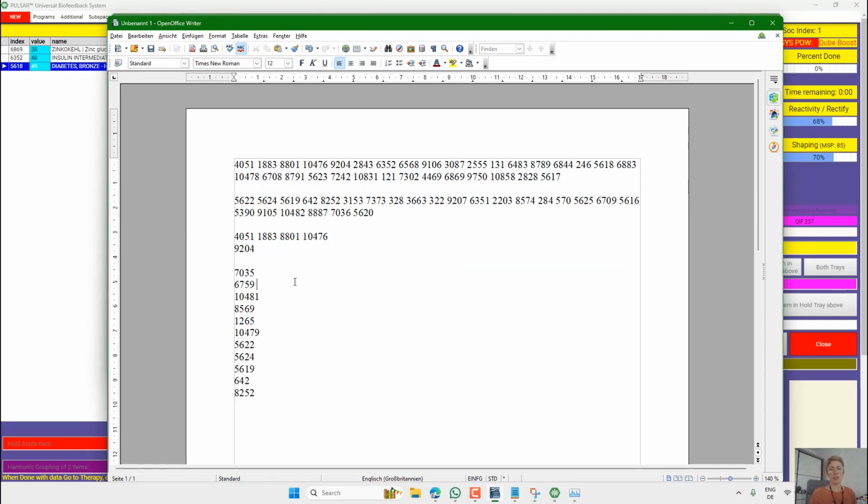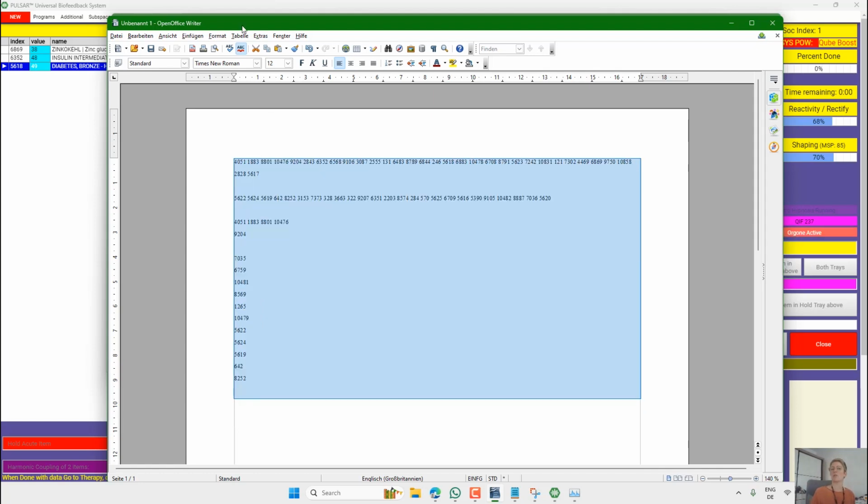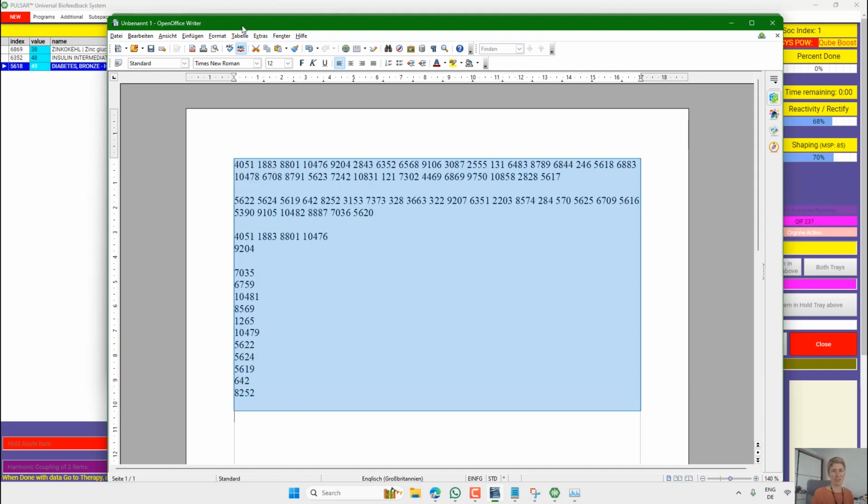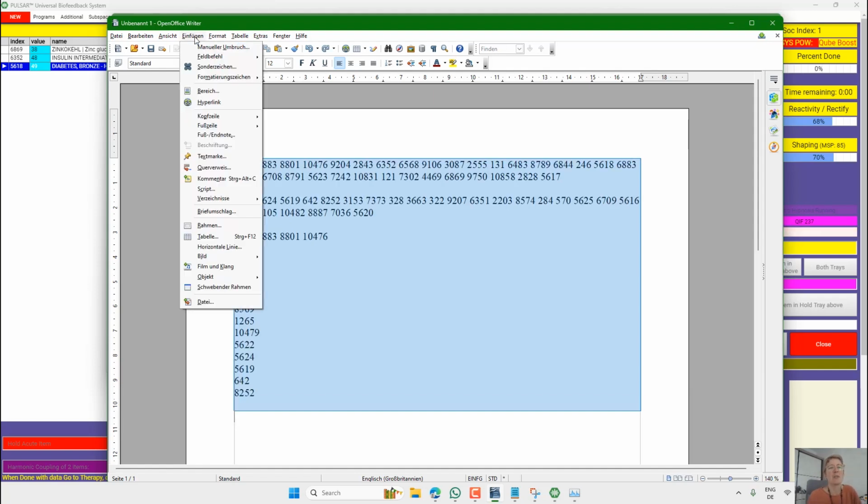So essentially what we're going to do, we've got a single space after this. I'm just going to Control A. I'll do the rest of these off recording. Control A to highlight everything. Control H doesn't work in LibreOffice. Control Z to undo it. What you want to do is find and replace,